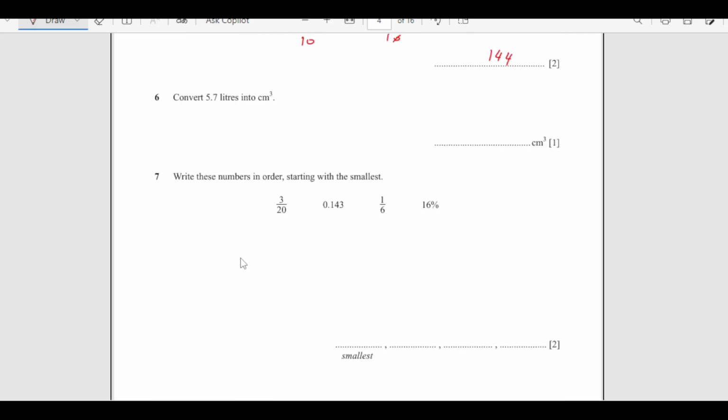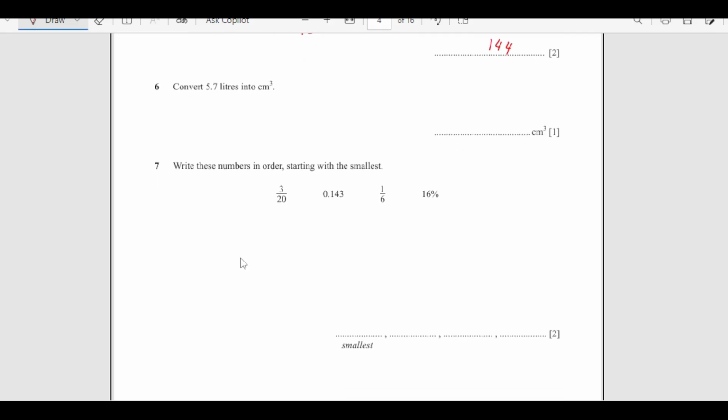Right. Now number 6, convert 5.6 liters to centimeter cube. So we are converting from liters to centimeter cubes. So as we know that 1 liter is equal to 1000 centimeter cubed, right? So this is the formula that we are going to use. So then we are going to multiply here 5.7 liters to centimeter cube is going times 1000. So 57000. So this is 5700,